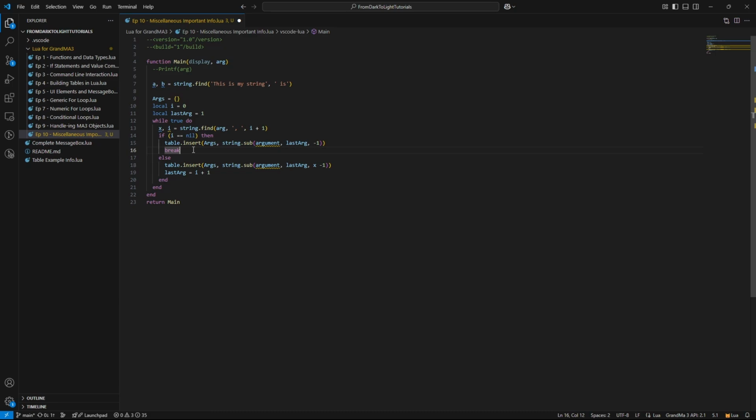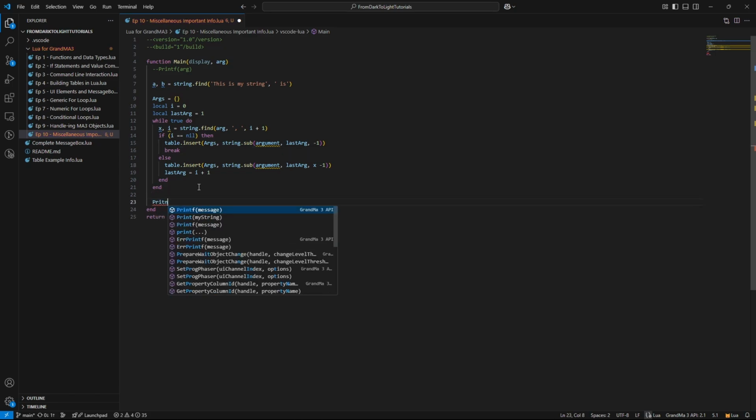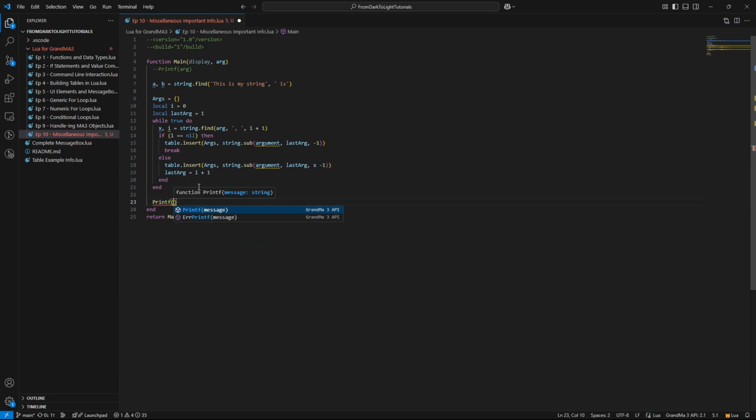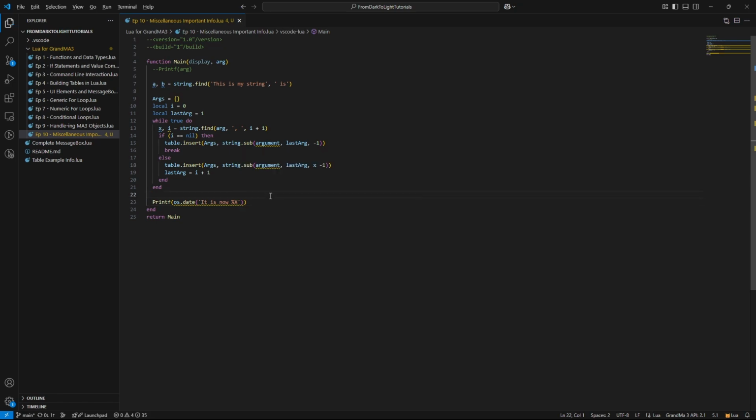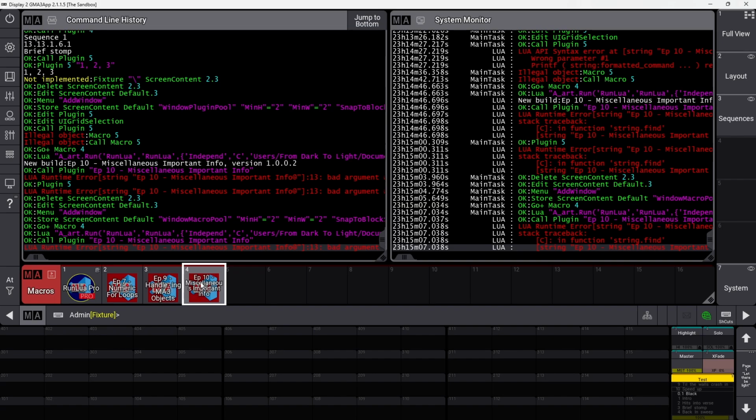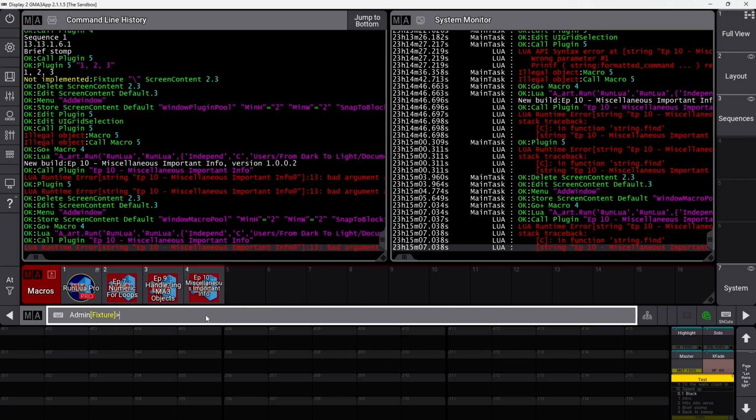You can pull time and date info from the operating system using Lua. You just type print, I'm going to print in this case, obviously you can do anything with this, but I'm going to print f, os.date, "It is now %X", and yeah, that's literally it. Just gonna run this. It did not work because I didn't call it with the argument, which is now needed.